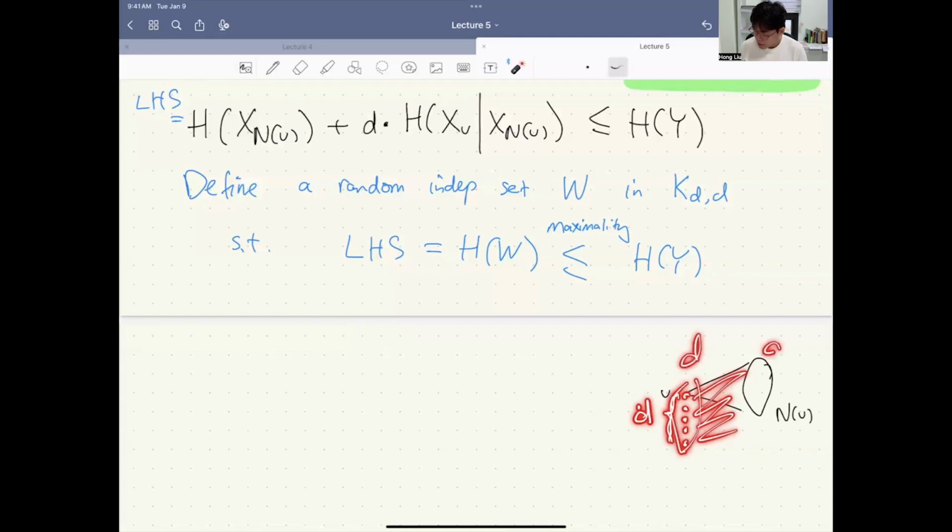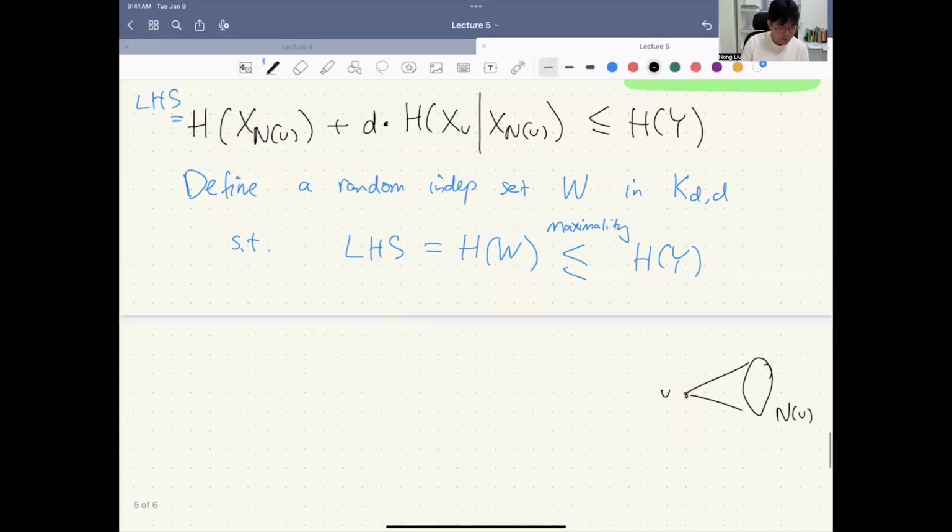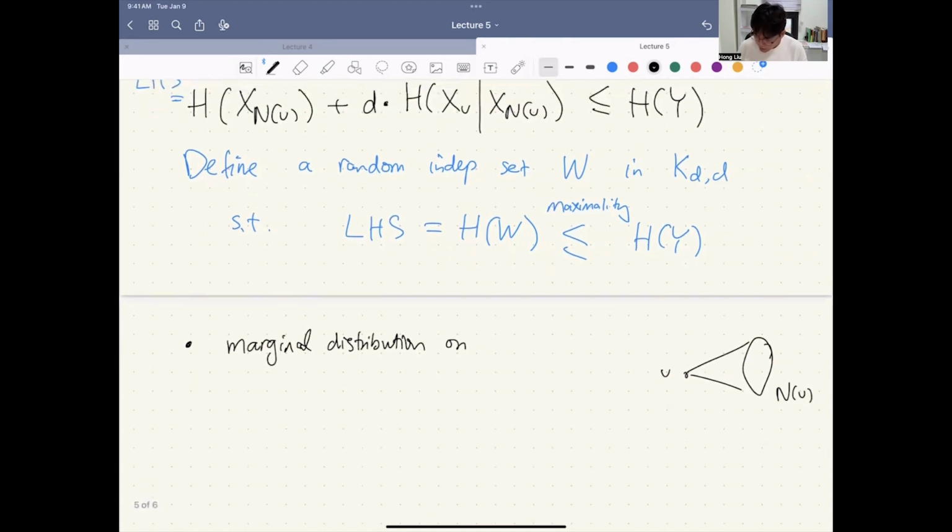That's precisely KDD, right? And that's how we're going to define W. We're going to define W in such a way that marginally on each side, they agree with this. So here's how we define W. So the first step is the marginal distribution on, okay. Let me write KDD like this,